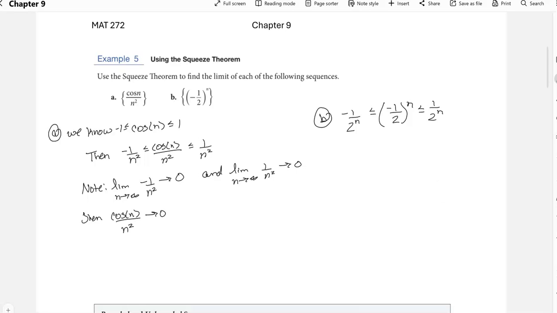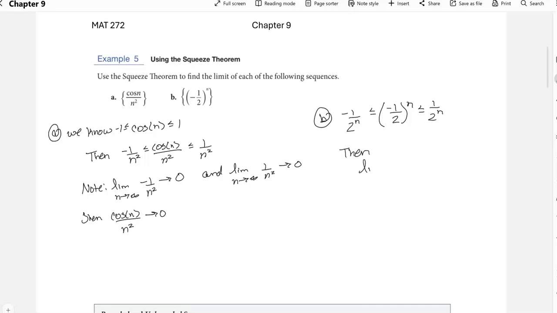So negative 1 over 2 to the n is going to produce negative values. 1 over 2 to the n is going to produce positive values. These values will live between those two sequences. So